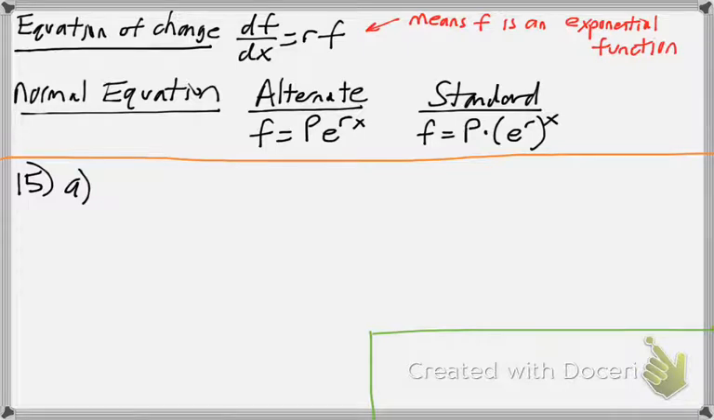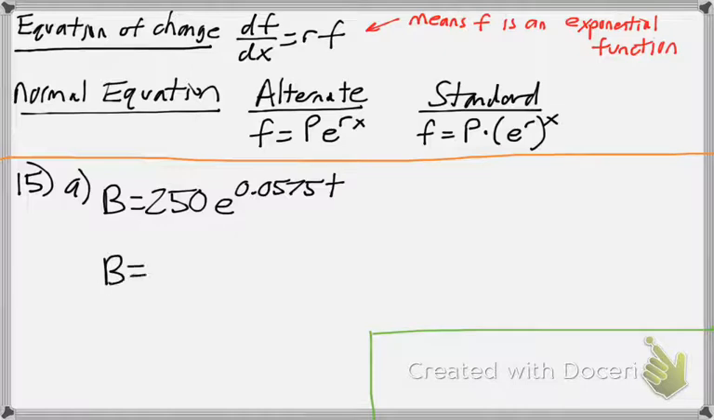So it says find an exponential formula for the balance of your account as a function of time, and in your answer give both the standard form and the alternative form for your exponential. So I want both forms. So it's going to be 250 e to the 0.0575t, and b is equal to